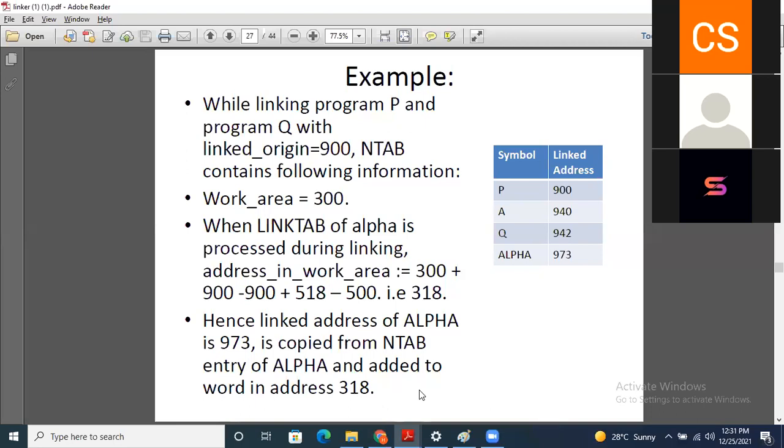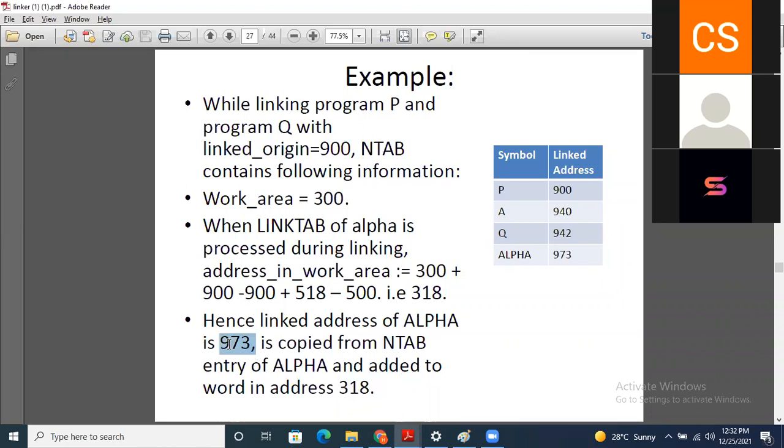So हा अल्फा ऍक्च्युअली तुमचा P प्रोग्राम मध्ये स्टोर नाहीये, हा कुठे स्टोर आहे तुमच्या Q मध्ये. सो दॅट इफेक्टिव्ह ऍड्रेस विल बी कॉपीड फ्रॉम द NTAP, जो की NTAP मध्ये कॅल्क्युलेट केला, and it will be added to the word at the address 300. Okay, 300 word जिथे की तुमचा ऍक्च्युअल अल्फा यूज केलाय तिथं त्या अल्फाची लोकेशन 973 म्हणून रिफ्लेक्ट होईल. ओके, दॅट इज ऑल द पार्ट ऑफ युअर कॅल्क्युलेशन.